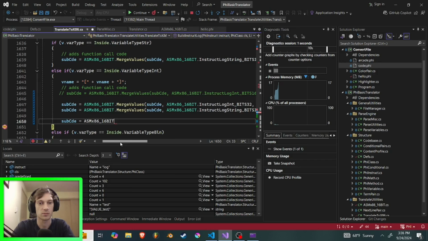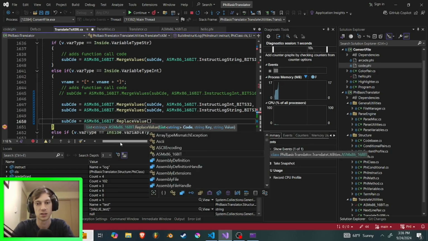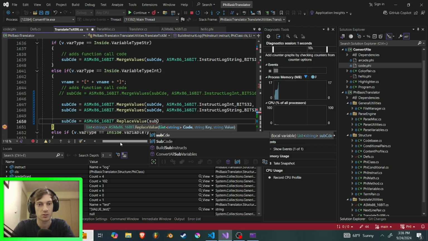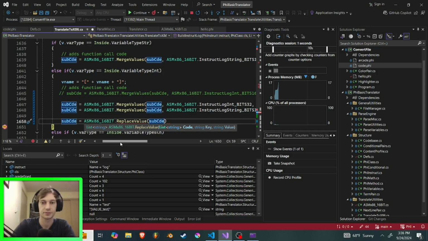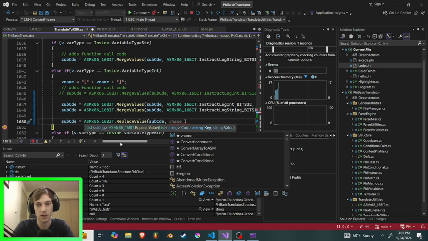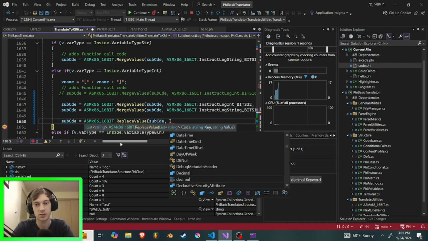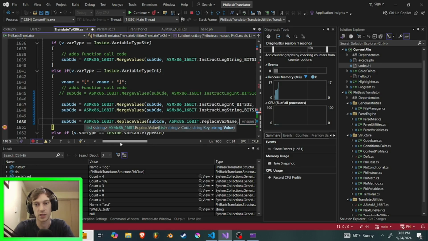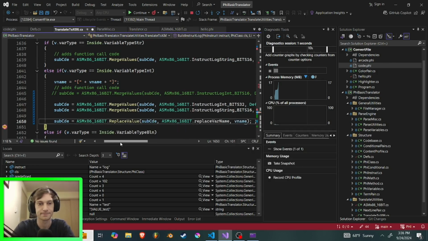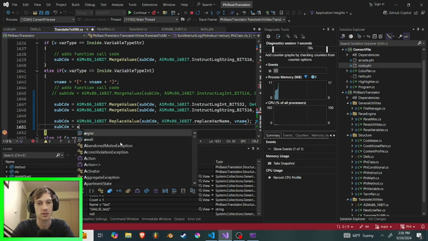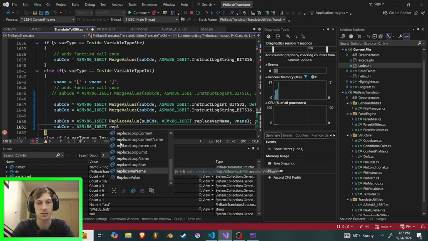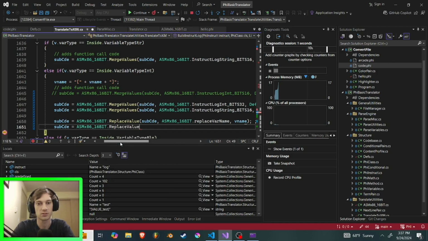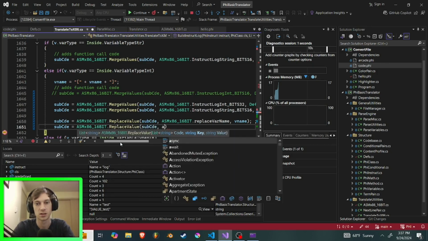equals asm dot replace value subcode. The name, no, the key is, I believe, asm.var name, replace var name, and the value is vname, and then subcode equals asm x86.replace value subcode, and then the replacement is defs dot